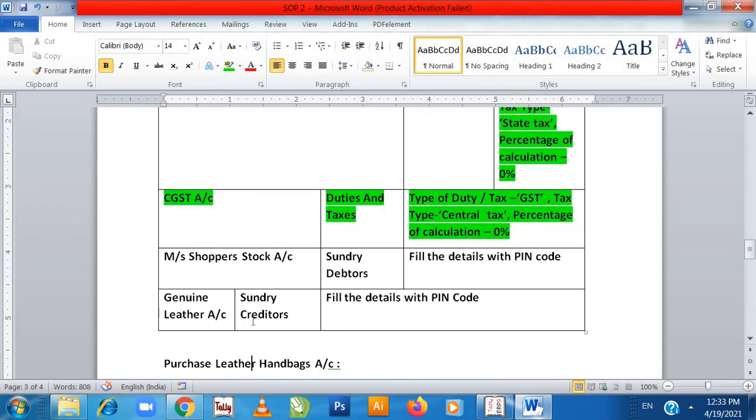Now shopper stock account under sundry creditors, because we had sold to shopper stock account, so in future we will receive the money, so that person will be my sundry debtors in my account.